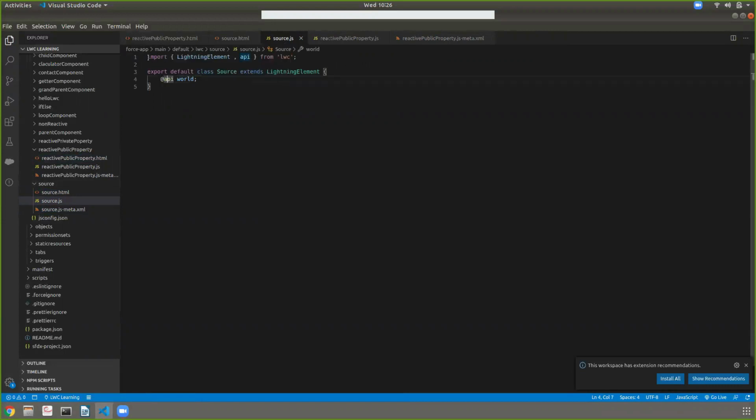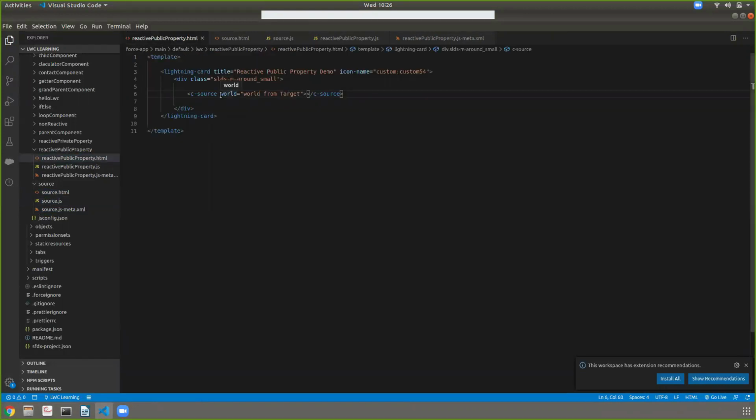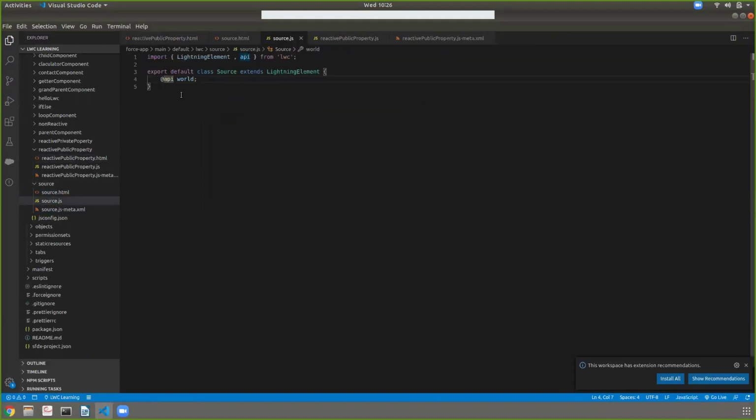I import this @api from LWC, and get the data using @api. So sending data, you can say here, and I'm getting this data here, and displaying this world variable on the HTML file. Hello world. So you can easily understand the thing.